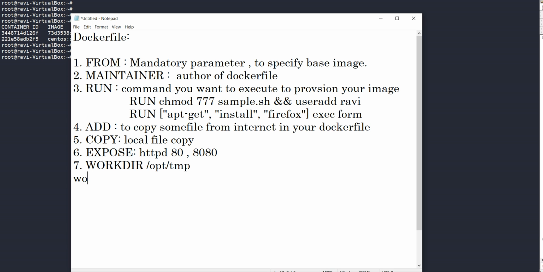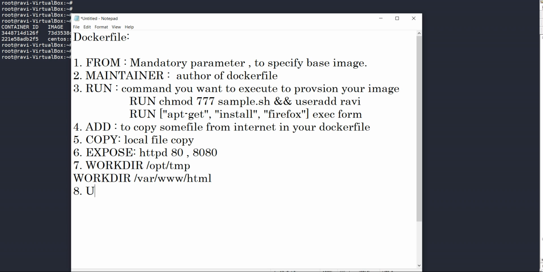Or if I write workdir in my Docker file at the end, with /var/www/html, then whenever my container boots from the image, you will land in this directory. This will become the present working directory, pwd, for my container when it launches the image.